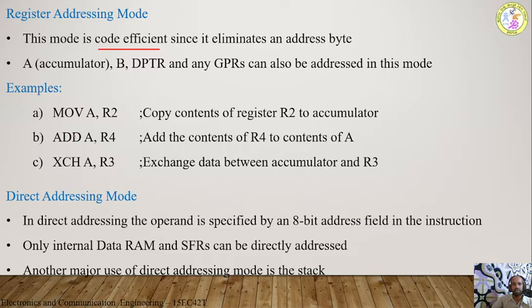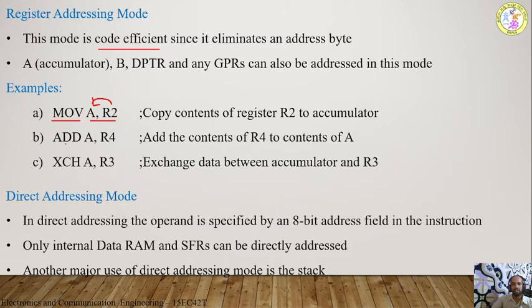Coming to the example, we can observe that MOV A, R2. See, this is the opcode and these two are the operands. And we can observe that both the operands are registers. A is a register, whereas R2 is also a register. So what will this do? Moving of the data. Moving means copy the content of R2 to the accumulator. And the content of R2 remains the same after the execution of the code. Whatever data, whatever content is there in R2, the same content comes to the accumulator. That is called move.